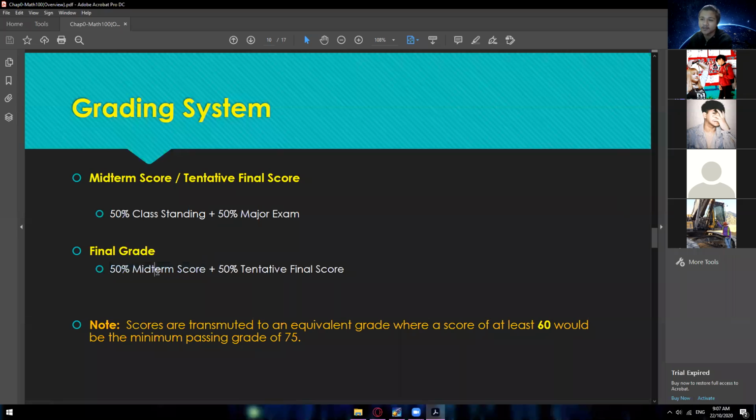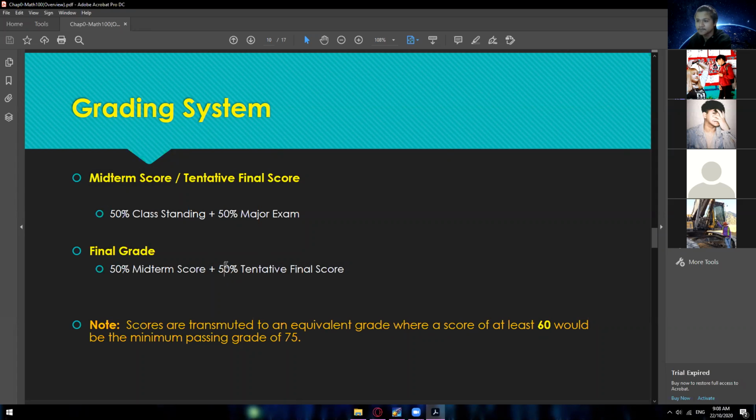So malaking impact yun. Hindi porket mataas na yung grade mo sa finals is mataas na lahat. So dapat mataas na yung midterm mo para mas tumaas pa yung final mo. Okay? Kasi sa computation ng final grade, kasama yung midterm score. Okay? And then 50% final score. So yung 50% dito, ito na yung final exam nyo saka yung final tentative score, yung mga CS, assignments, seatworks,